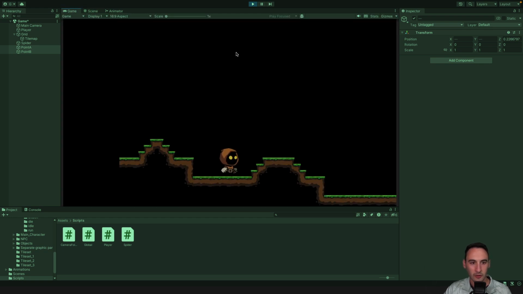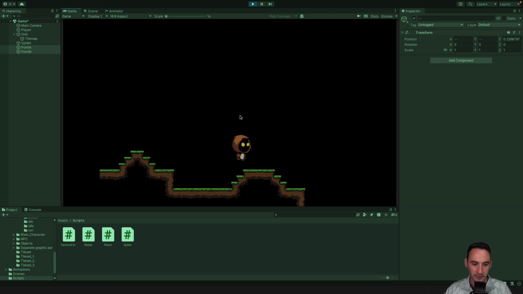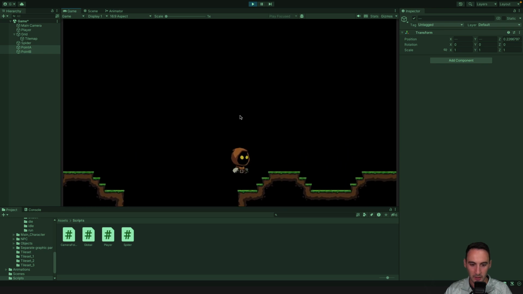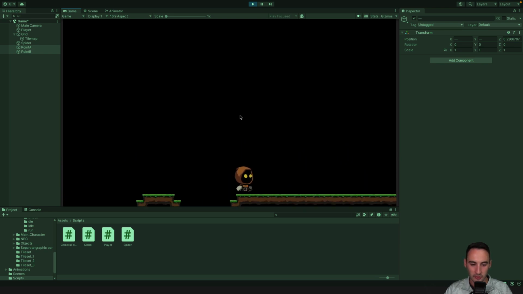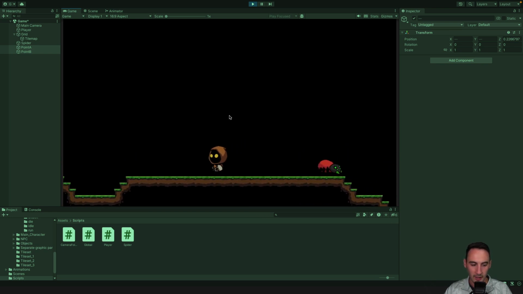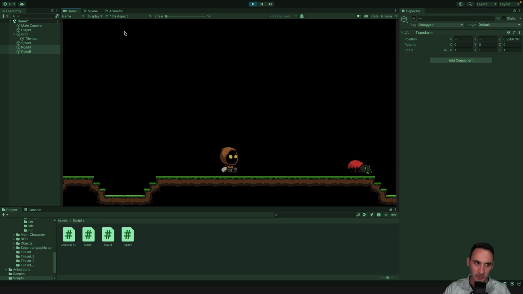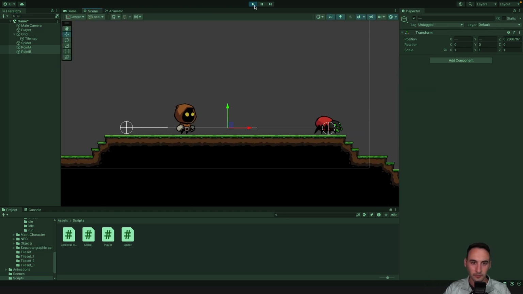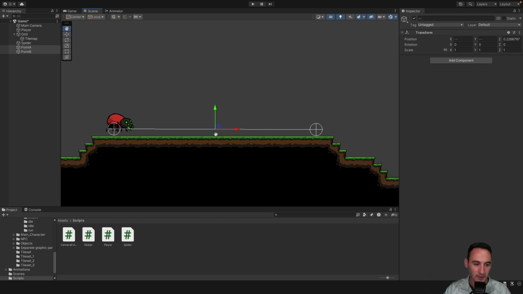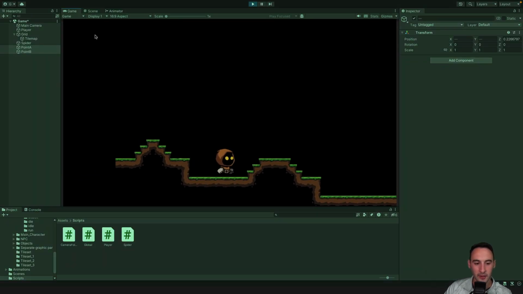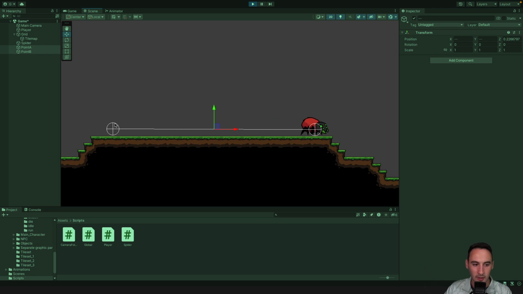So you can't really see it, but if we navigate our way to the spider in the actual game itself, you'll see that there is no line or gizmos drawn. It's only in the scene view. Okay, so now let's start working on having the spider actually move back to the opposite point